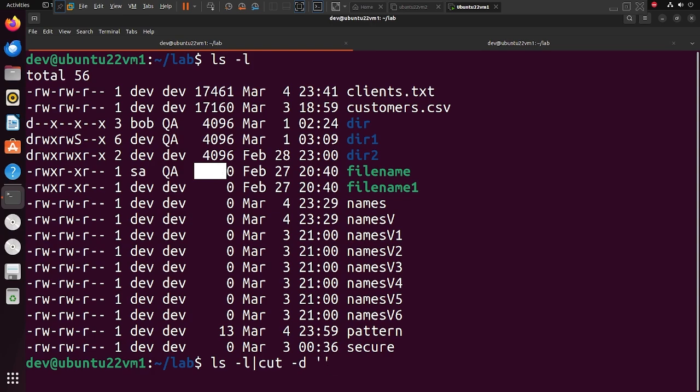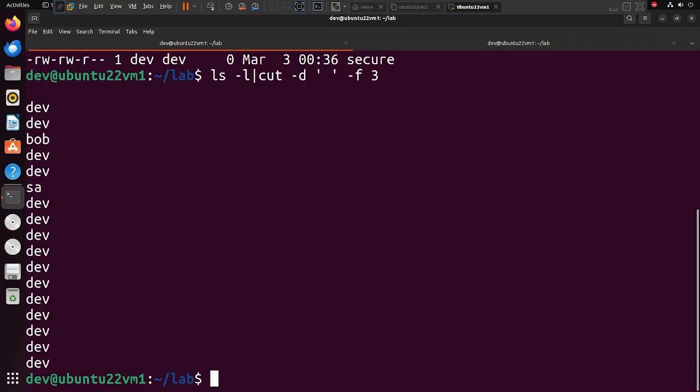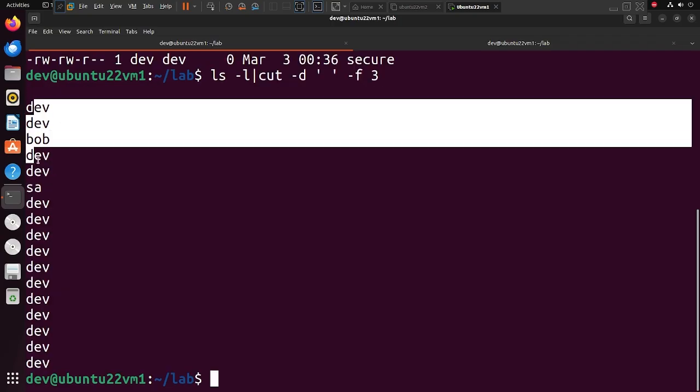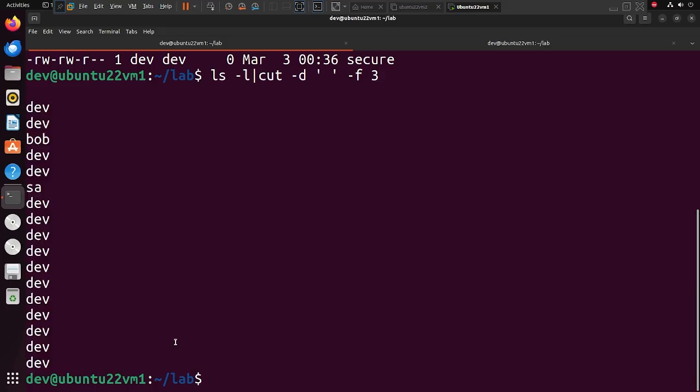Here if you try to use a double comma, it will give you an error. If you give a double space, it will also give you an error. So you can use only a single one. And then the field number, so for the field number I am going to use enter. Now you are able to see that particular column, right? You are able to select that particular column, and this is the different information that you are passing to the cut